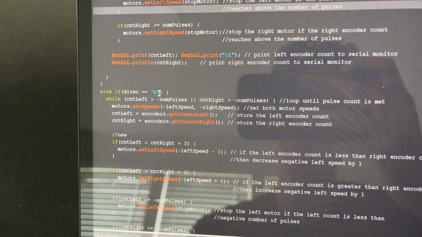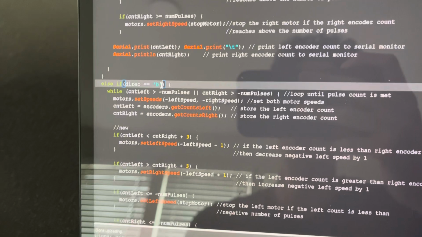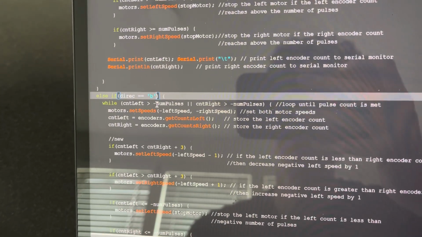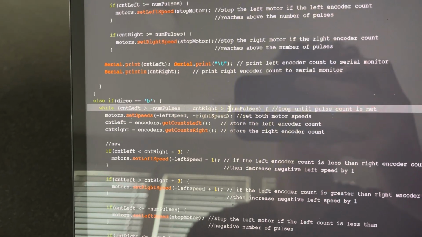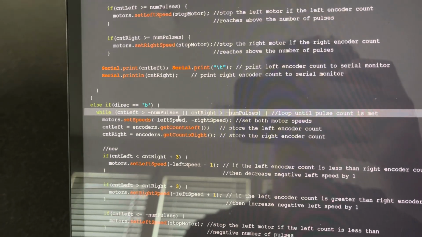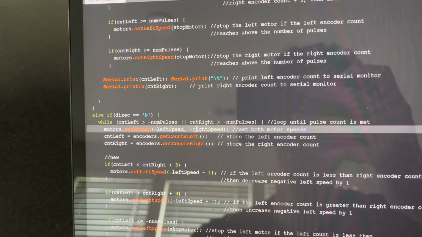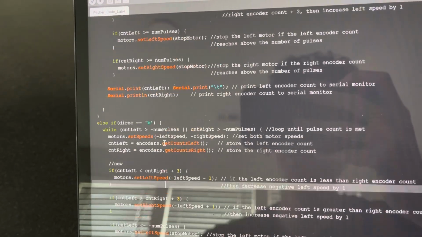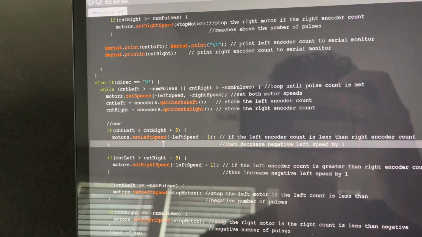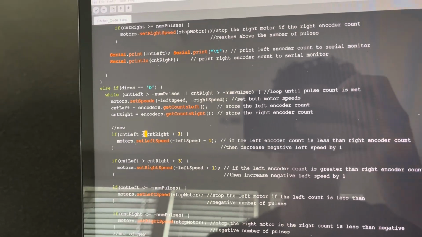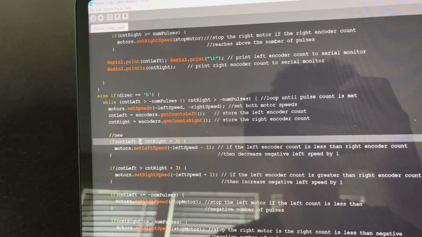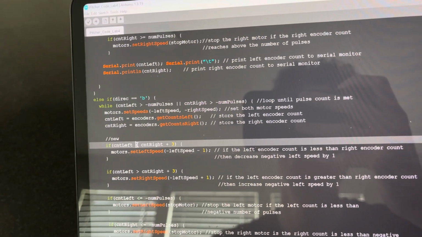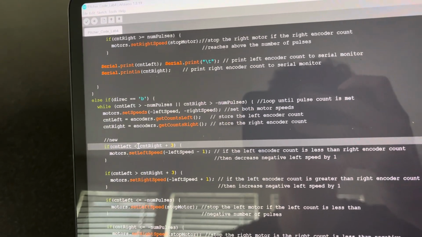And we've passed in b to the parameter. We're going to execute the same function that we did up here, except if you notice, we changed this to negative values to represent the fact that they were going backwards. Right here too, negative left and negative right speeds. And these are the same if statements as up here, except since it's going backwards, we're going to swap these operators right here. So up there it was count left is greater than count right. In this case, we're going to swap it,